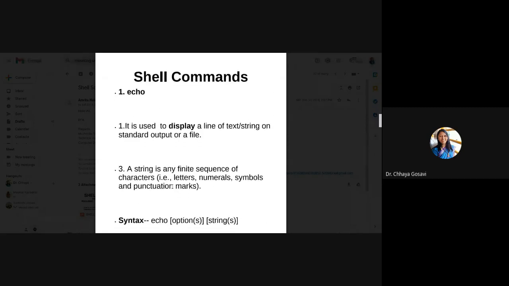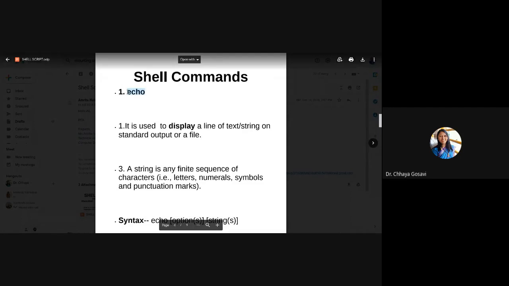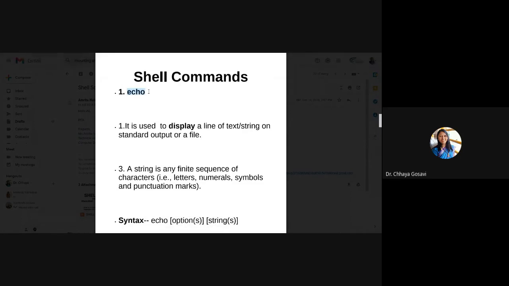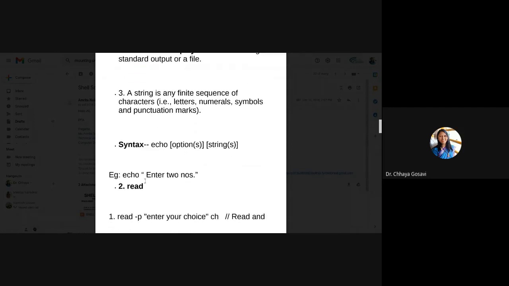So these are a few shell commands. Echo means whatever you type, it will return that to you. For example, on the terminal, if I type echo, enter two numbers, it will display enter two numbers. It is like a printf statement. Whatever you type after echo, it will display those characters as they are.